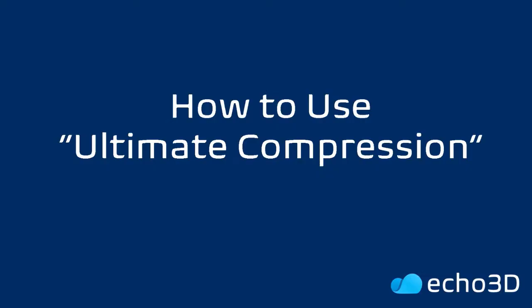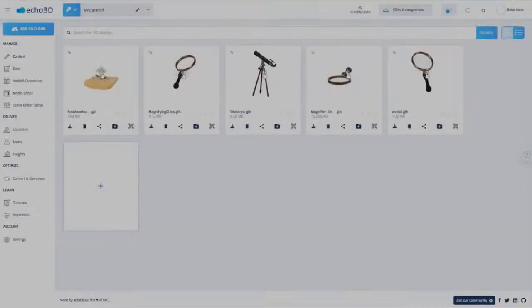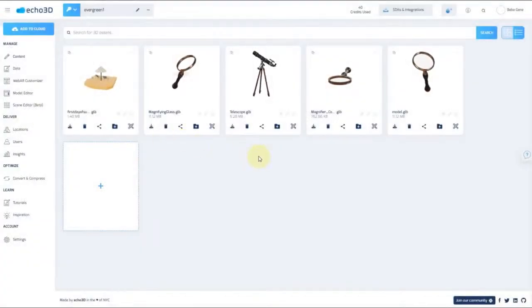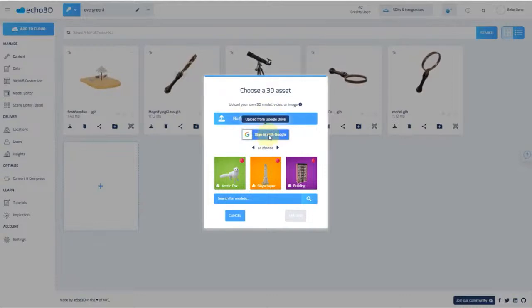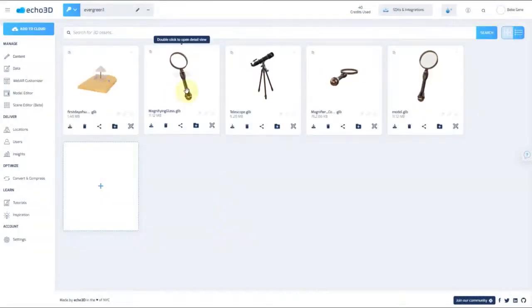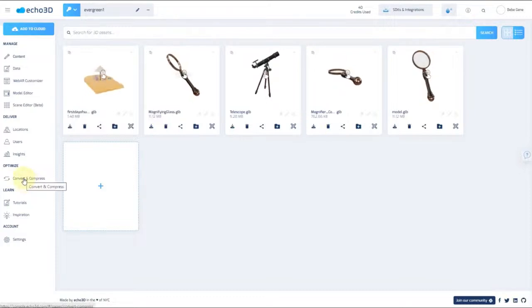In this video, I'm going to show you how to use the Ultimate Compression tool, which can compress your file sizes up to 100x. You can upload your own model by clicking on Add to Cloud or clicking on this empty content card and choosing your file, uploading it from Google Drive, or picking one of our many 75,000 plus models. We'll choose the magnifying glass model. It's 11.12 megabytes. If you go down to Convert and Compress,